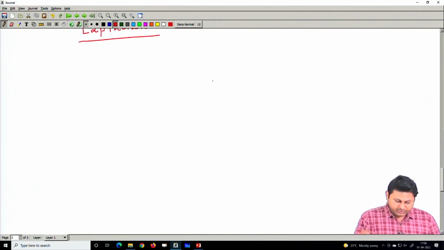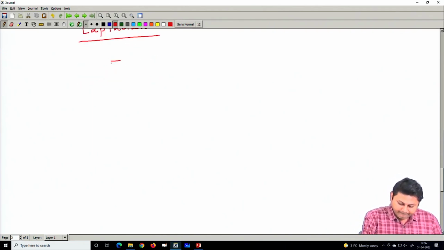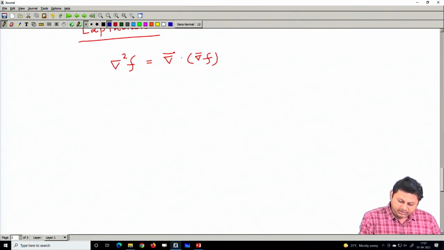So, the Laplacian operator is defined in this way. I have a dot product here, and please note there is a dot here. And then this operator